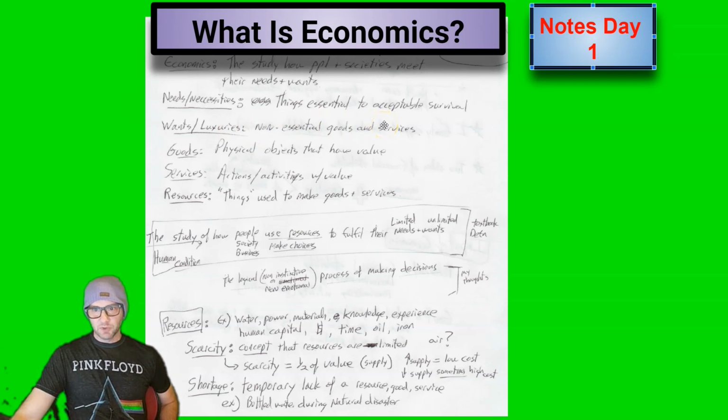Well, now we have to go deeper because we've got even more introductory economics vocabulary: goods and services. So we define them. A good is a physical object that has value. Some can argue that everything in certain circumstances has value. It would be interesting to see something without value or negative value, but the vast majority of anything in the appropriate circumstances has value. So we could say, and be right almost 99% of the time, goods are physical objects. Services are actions or activities, once again, with value.